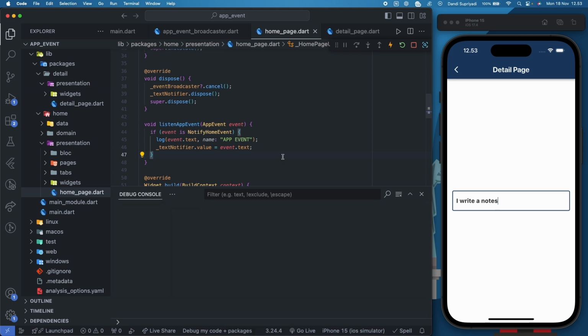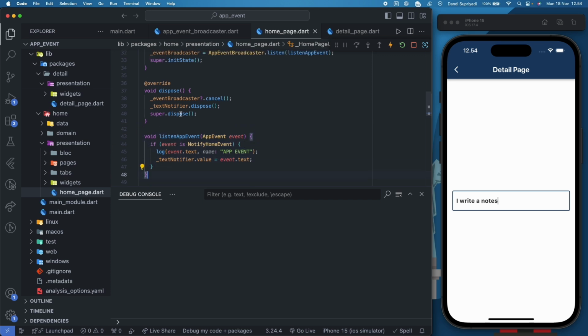This is only a simple example. You can use this in a use case, like for example, if you have a notification counter in your homepage, like you have 9 notifications, 8 notifications, or 10 notifications, and you have already clicked on one of the notifications, you need to update the number, right? Because you already clicked on the notification, you should decrease the number of notifications on your homepage. You can do that by using this event broadcaster.